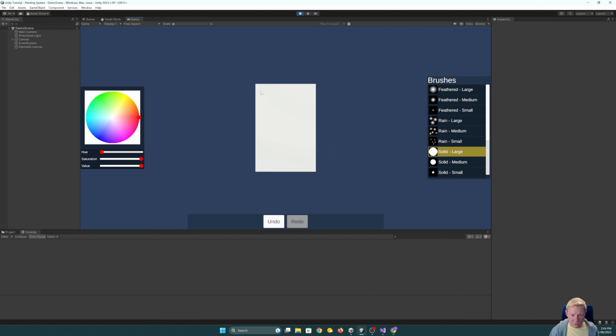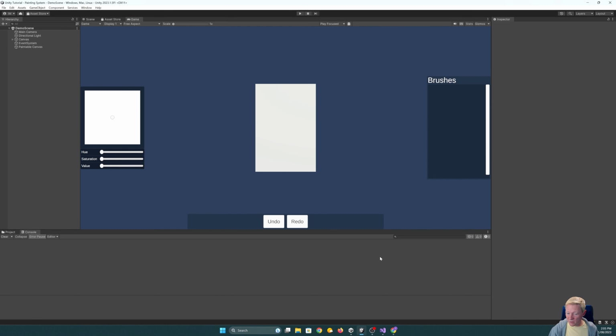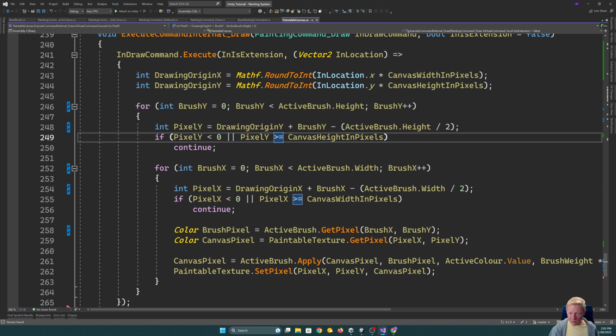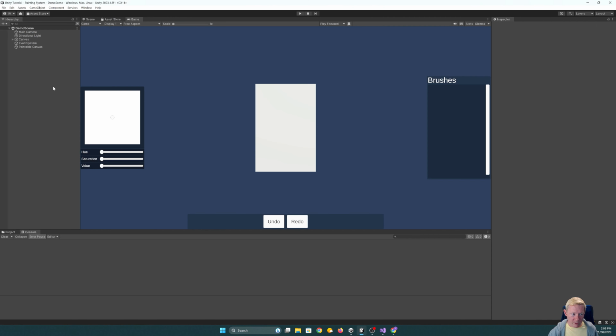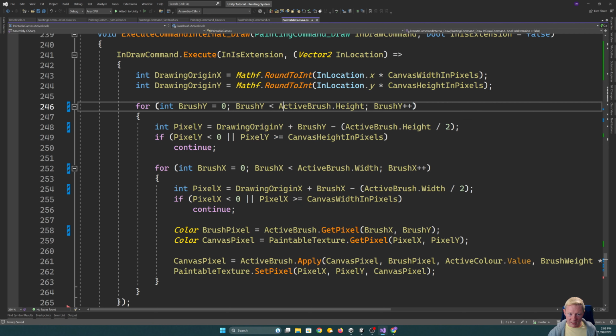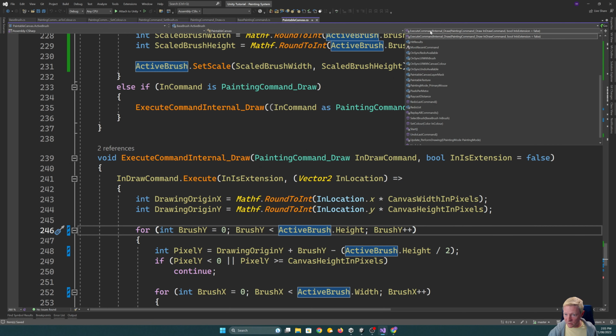So if I draw like this, and then wait a whole bunch of time, draw again, and I've lifted the mouse in between, then when I go and undo, it clears all of it. It's not really what we want. The normal behavior we'd expect with that is that it would actually close off the command. So if we take a look at our setup of where this actually happens,